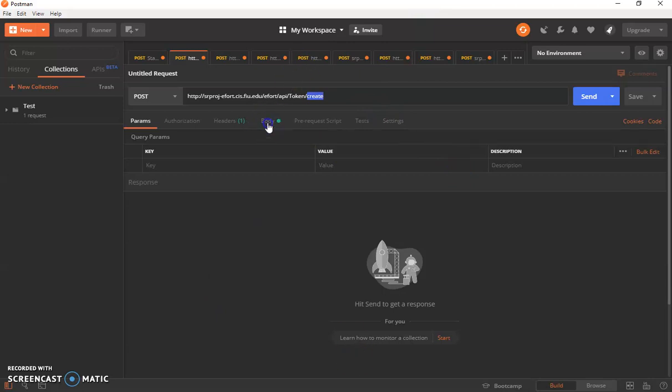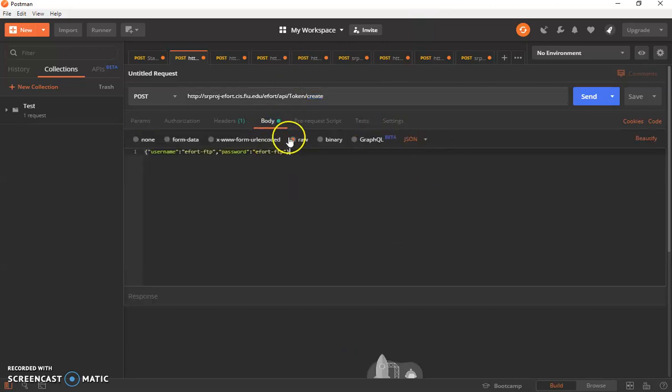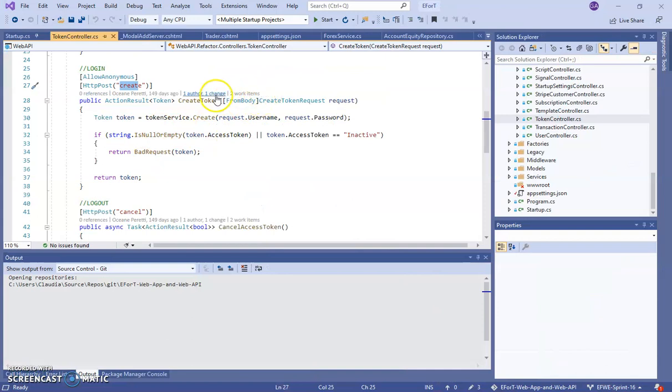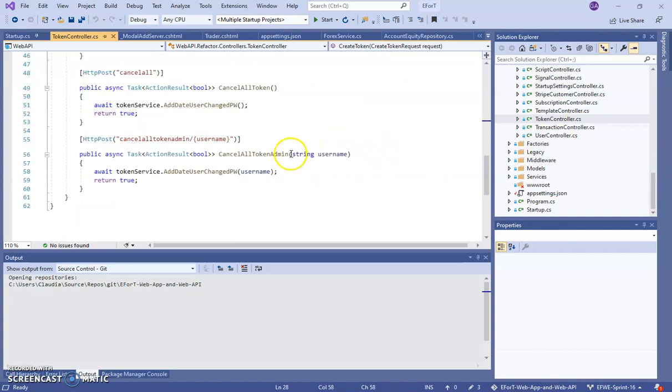And the body here, make sure you have it set to raw JSON. Most of these take JSON. How you know that it takes a JSON is looking at this part, the parameters it takes. If it says from body and it's like an object, could be a request object or an entity, more likely a JSON. But if you have something like this, string username, what you have to do, and it took me a while to understand this, is